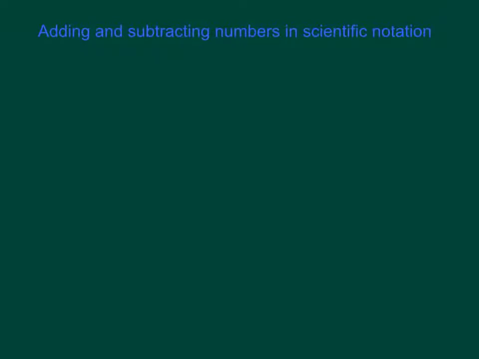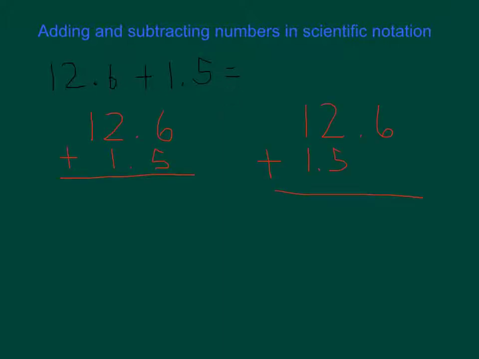In this lesson, we will learn how to add and subtract numbers in scientific notation. Remember, when we see problems like this, when we're adding numbers with decimals, you have to first line up the decimals. Our problem on the left is written correctly, 12 and 6/10 plus 1 and 5/10 with the decimals lined